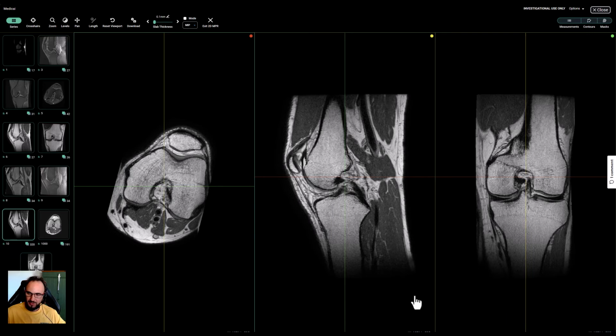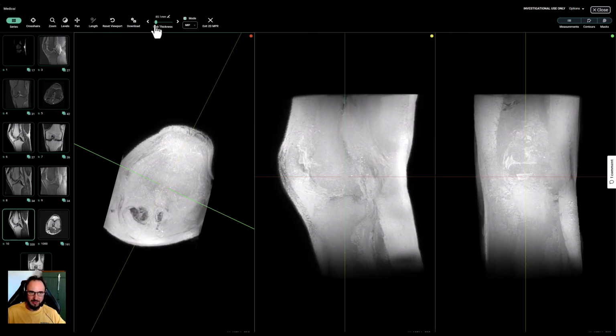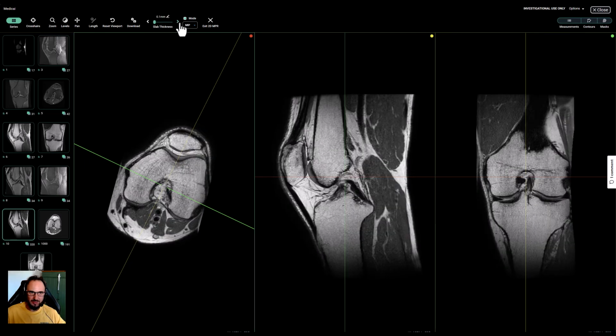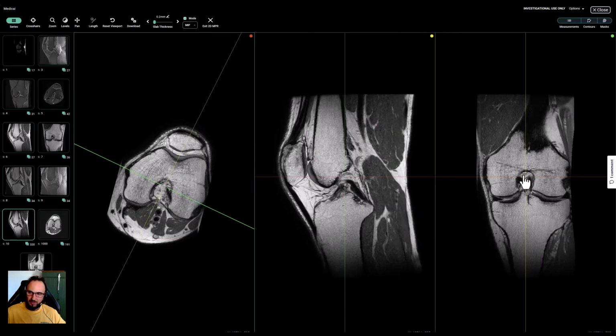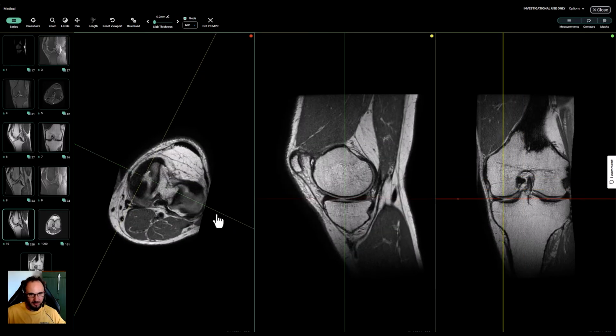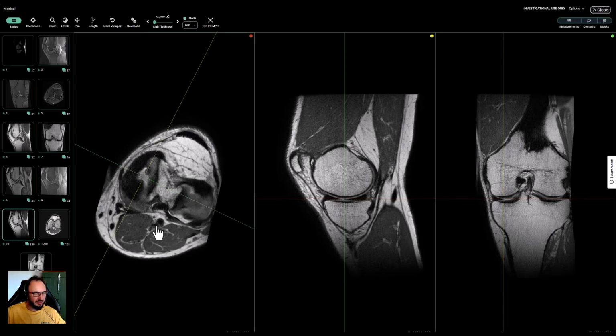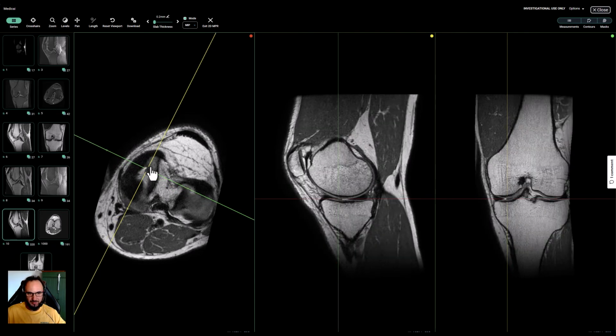So as you can see, there is a regular MPR. You can make the slab thickness thicker or thinner, do average MPR, and you can do a MIP. What I wanted to show you is this lesion that now is quite apparent here, and now you can see that